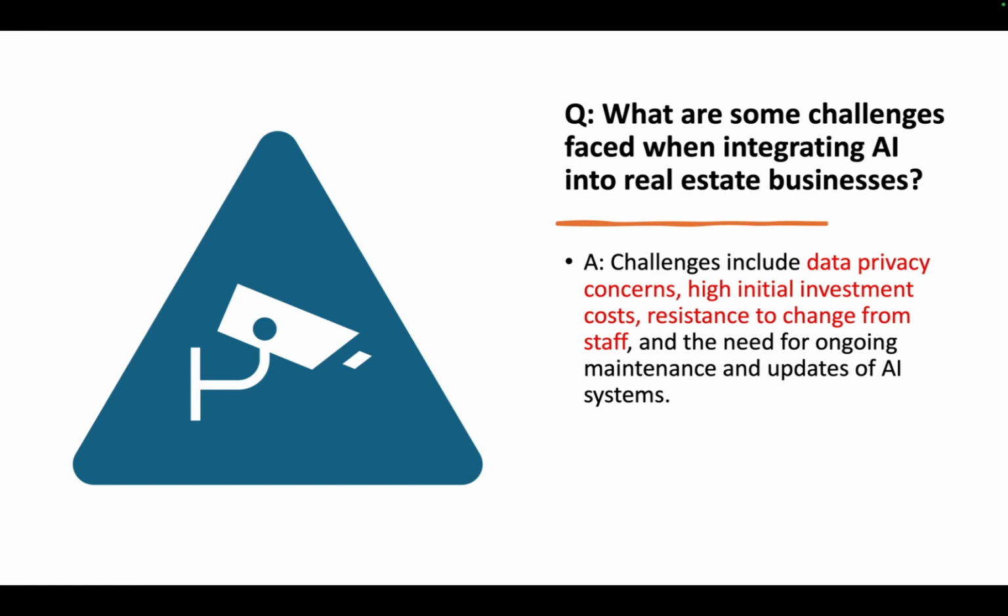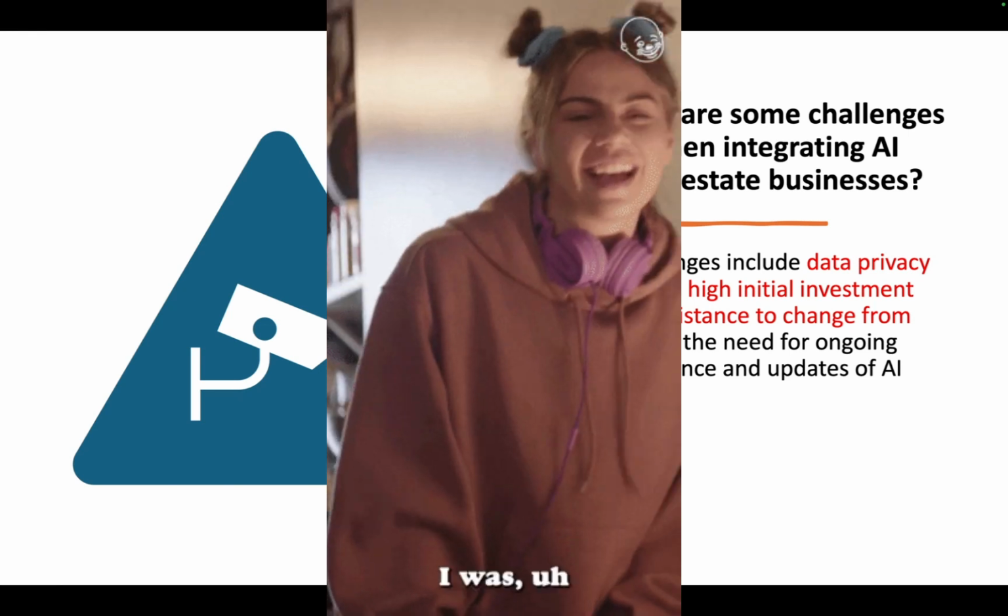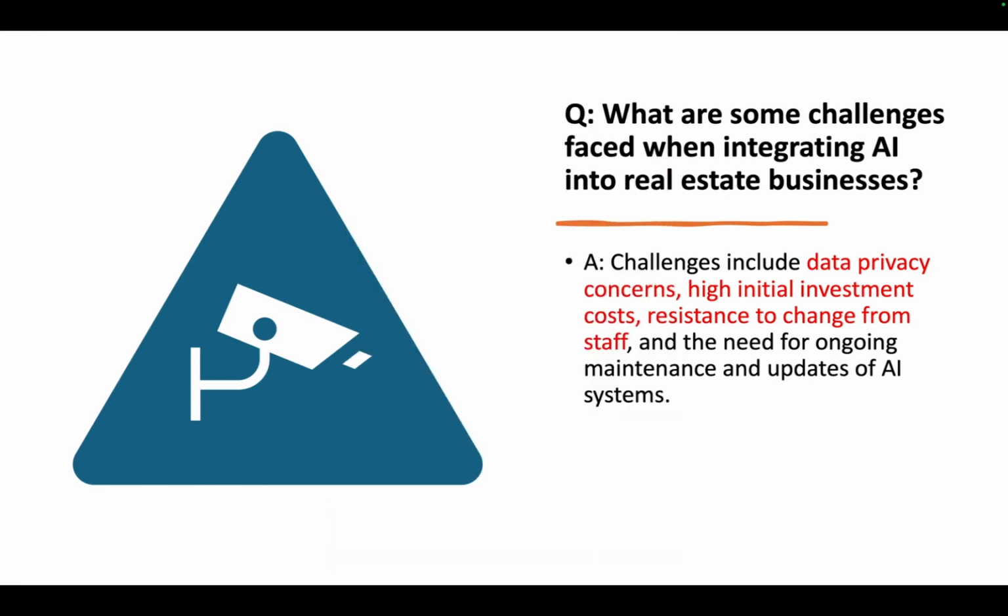What are some challenges faced when integrating AI into real estate businesses? Well, the typical challenges would be things like the data privacy concerns, because you are dealing with many customers, and many of these customers are completing very high ticket items. So you want to make sure that when you collect information for anti-money laundering or just making sure that you know your customer, all of that information is really sensitive and has to be private and should not be used to train AI in any form. So data privacy is an issue.